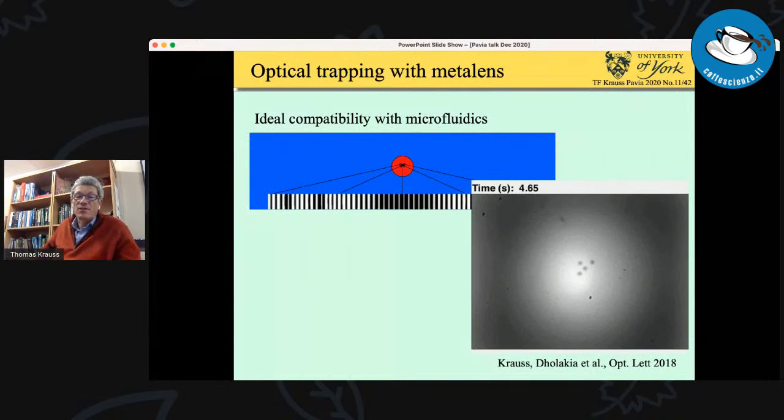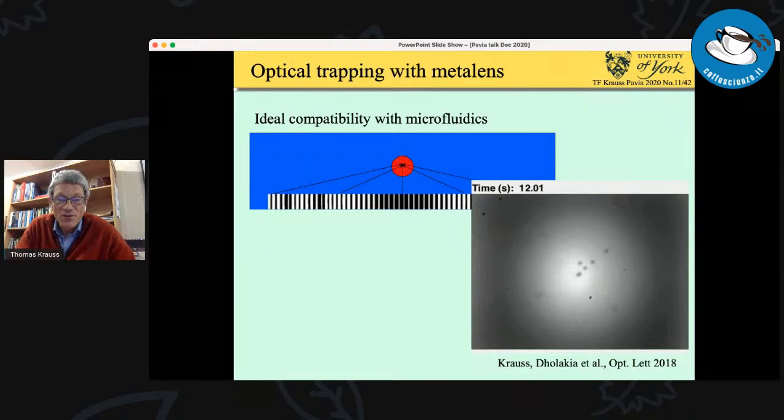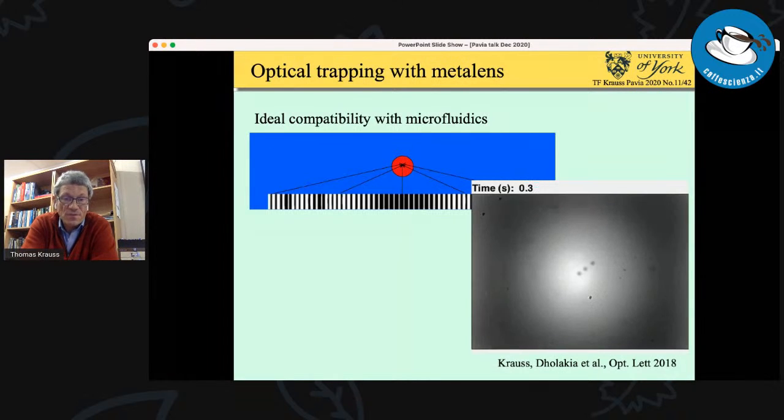We included this lens into a microfluidic channel. And with my colleague Kishan Dholakia in St Andrews, we did some optical trapping. And you can see these beads in the video on the right, how they're trapped, and then sometimes they get a little kick and they come out of the trap, and then a new bead comes in. So here we've shown that you can use this type of lens as an optical trap in a very thin microfluidic channel. So that's a nice example of something you couldn't do otherwise.